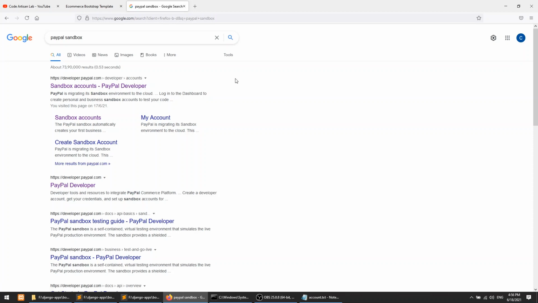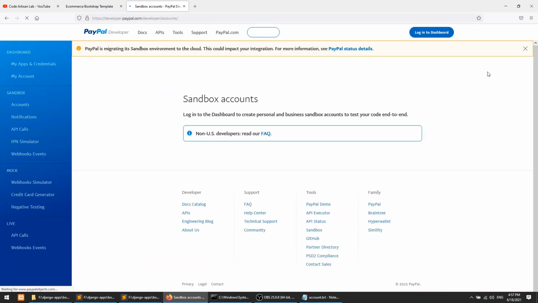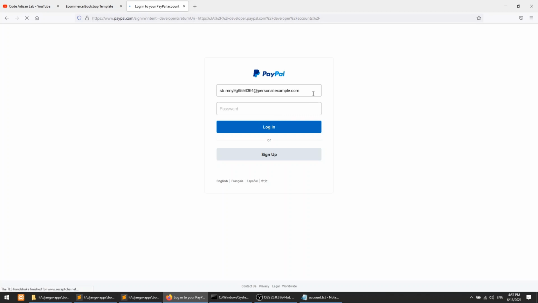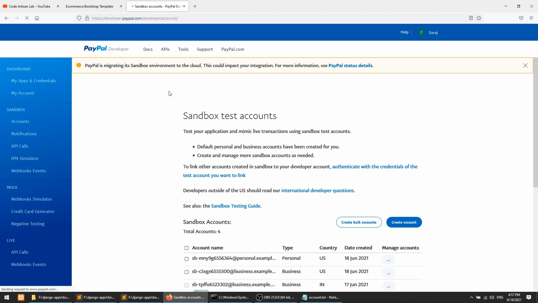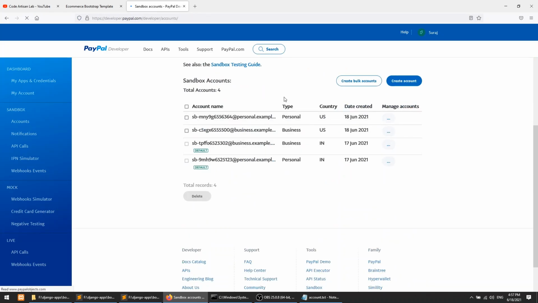Okay, so I have already created the individual account, and in the sandbox, just log in and you can implement the things. Okay, so I have logged in and now I have created these sandbox accounts.